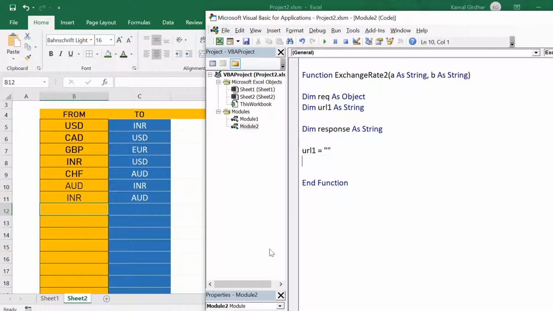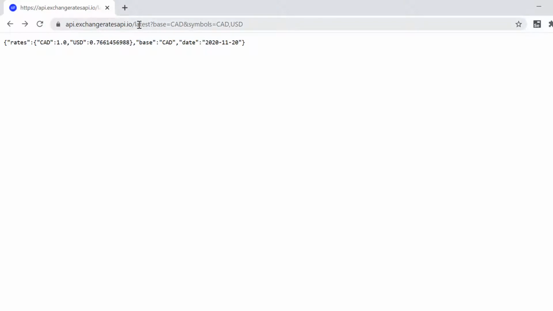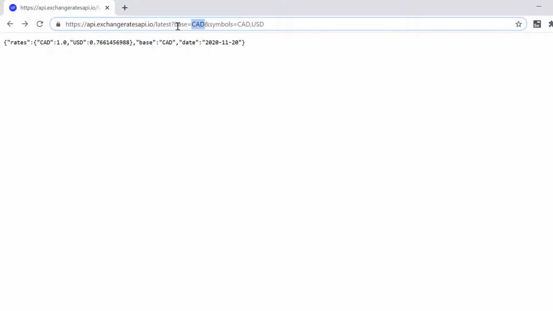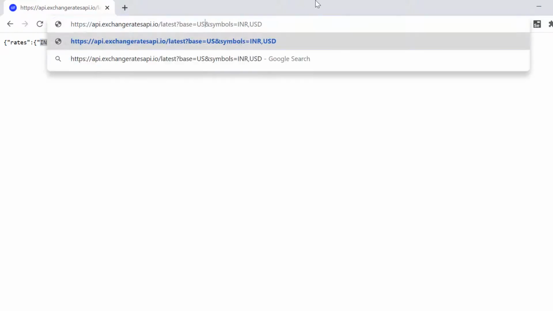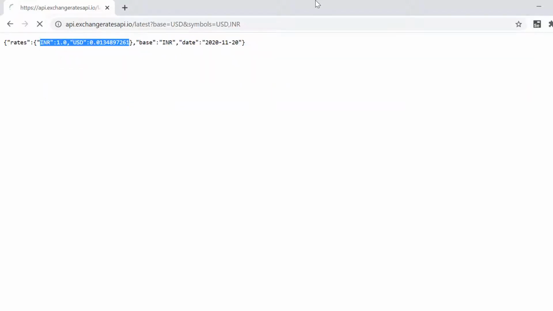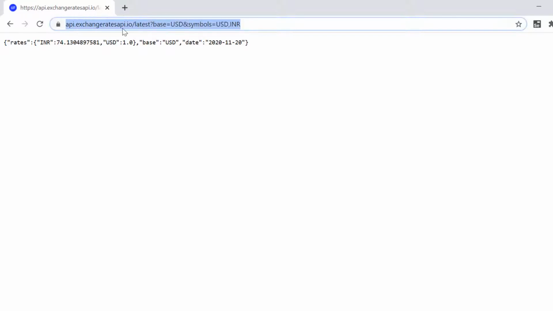What I do is I'm using this open source API. You can see here in the URL, let's say if I put INR to USD, you can see the response you are getting here in this format. In the first rates node you are getting currency rates, and you also have another argument which is base. On that basis you are getting the currency converted. So if your base is USD, you will be getting the rate for 1 USD converted to INR.